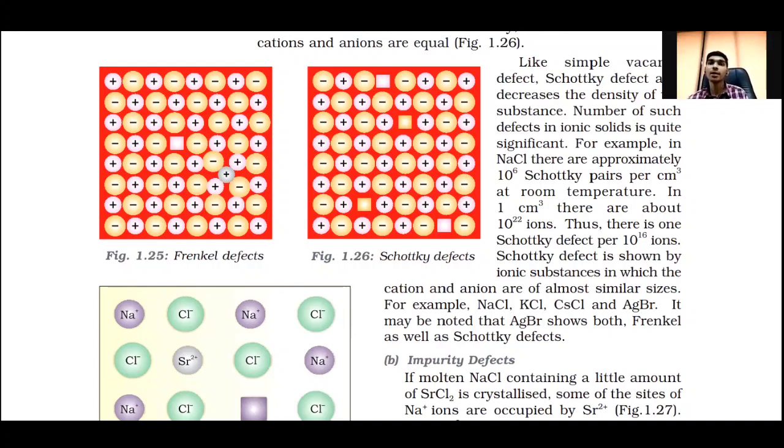So always remember, if you have been asked about Frenkel defect or Schottky defect, you should write about the density, you should write about the size, you should draw the figure. Okay, so if anybody has a doubt in any kind of imperfection or any kind of defect,